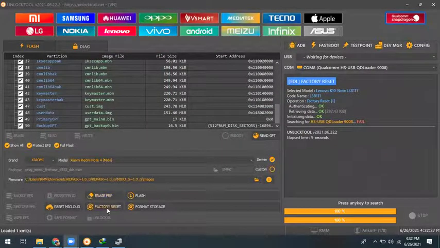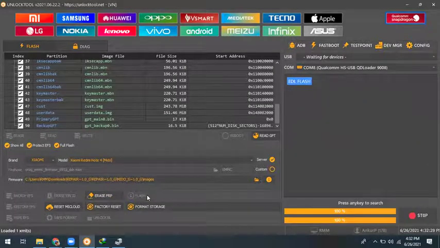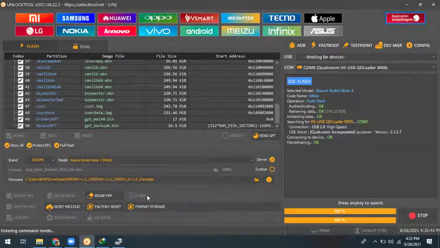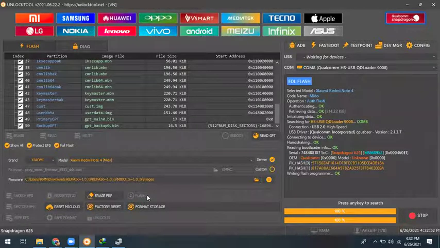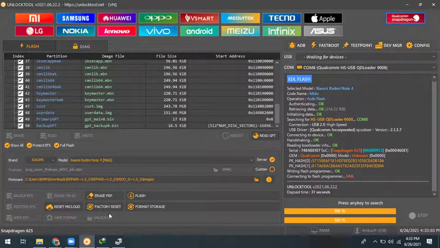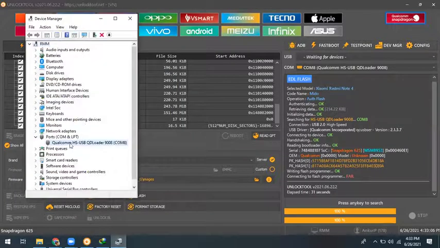And next, click on the flash tab, it will light up. First it will check the model, authenticate, and retrieve data. And next it will flash your phone. It will not detect your port.